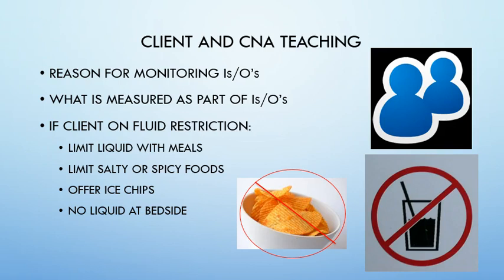The CNA will measure intake or fluid on the tray, but they aren't responsible for measuring and documenting IV fluid intake. That is the nurse's role. CNAs typically measure output like urine, liquid feces, and wound drain output. Nurses are responsible for output like gastric secretions and chest tube output. It is very important for the nurse to know their scope of practice as well as the CNA's scope of practice. Often, when a client is placed on I's and O's because they are at risk for fluid volume overload,